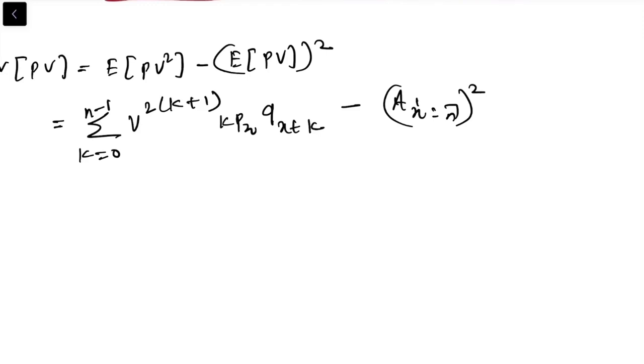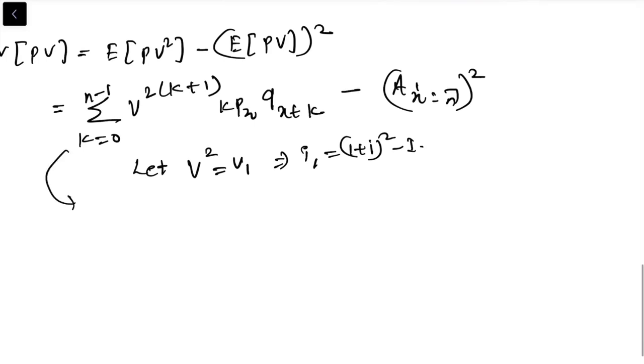Okay, just let v squared equal v1, so i' equals (1+i) squared minus 1. So this becomes the summation k equals 0 to n minus 1 of v1^(k+1) _kp_x q_(x+k),